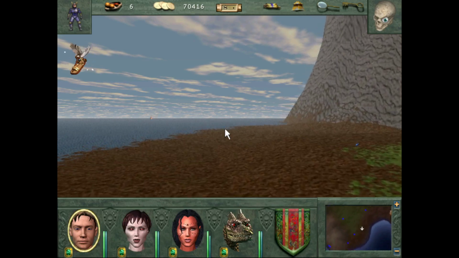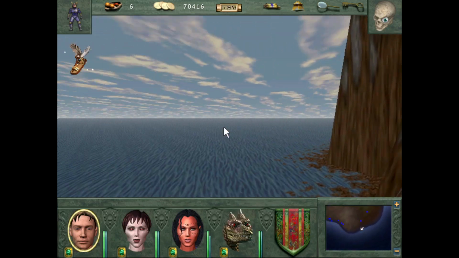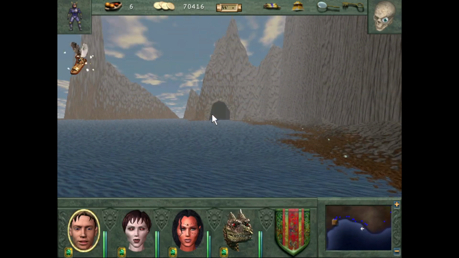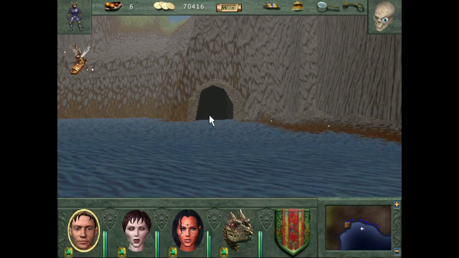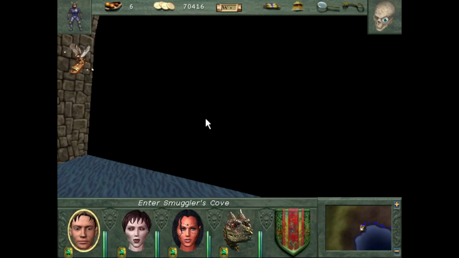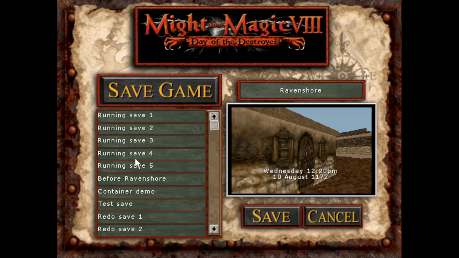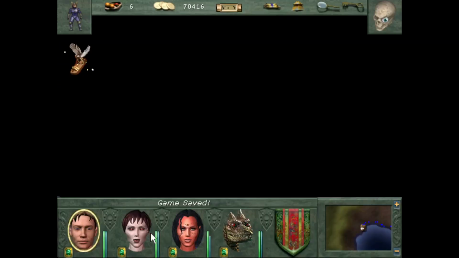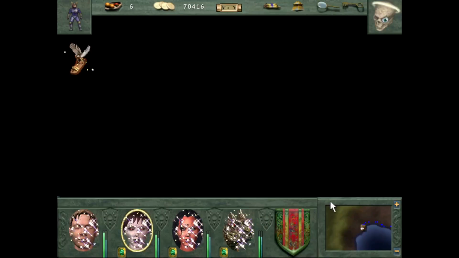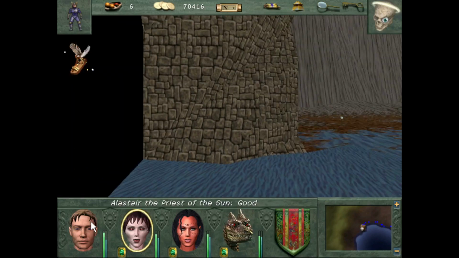Now we're going to go to the Smuggler's Cave, Smuggler's Den. We will soon learn what this place is called. The Smuggler's Cove. Okay. Cove, not cave. And we're gonna cast Day of the Gods. We're even gonna cast Hour of Power. Just because,